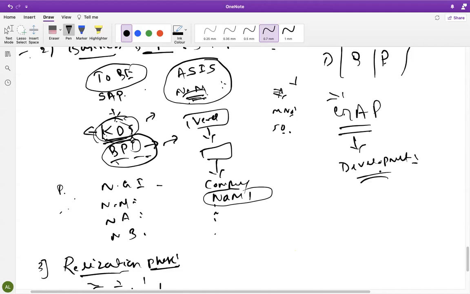We need to do the developments, which is not there in SAP. We need to do the enhancement. We need to do some new coding, an ABAP person has to write it, and we need to change the system. So we need to do the developments. How we do the developments, all these things we'll discuss in further classes. So we will identify the gap in the business blueprint phase, and we'll give the solution to these gaps in the realization phase.